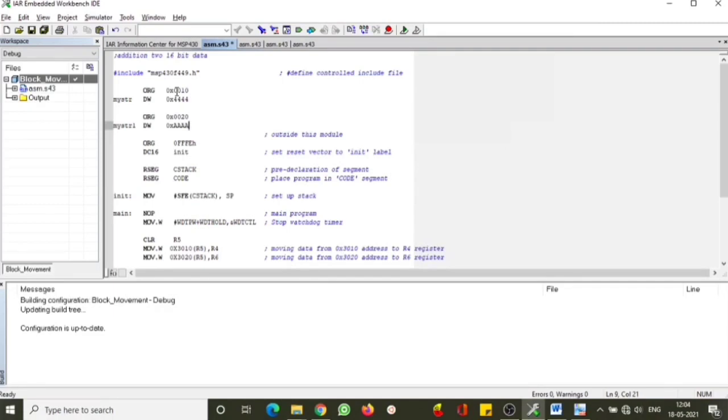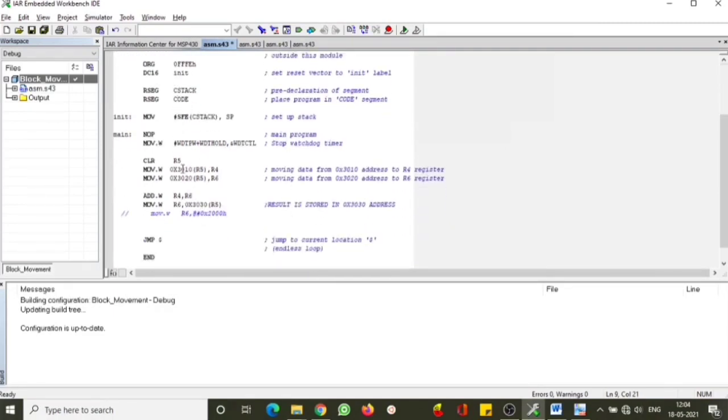So when initially all the states are the same, now we are able to see that we are trying to move the values into two different registers. The registers are R4 and R6. We are trying to move them by using indexed register addressing mode. Right now R4 has got the value that is there in 10, that is nothing but 4444, and R6 has got the new value, that is AAAA.